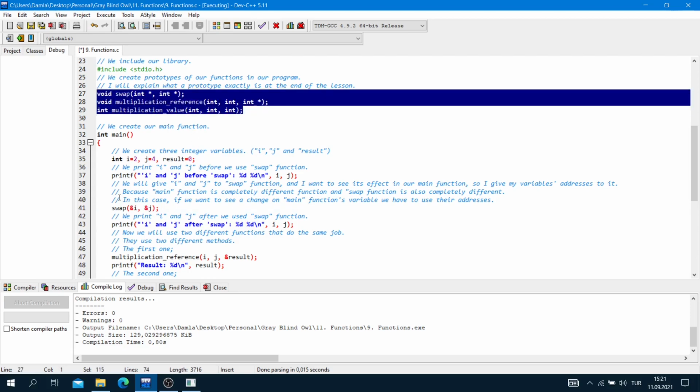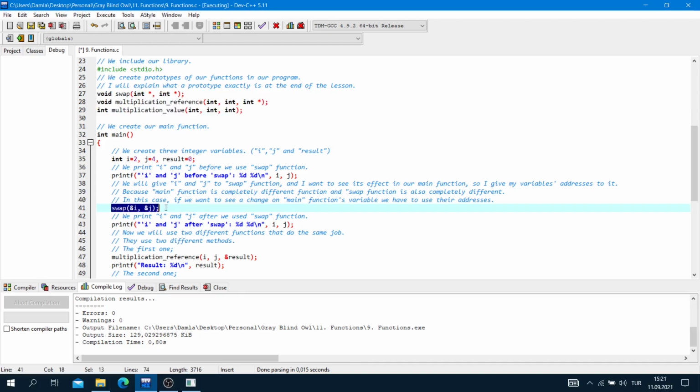It sees integer main, our variables, our printf function, our swap function. But swap is what? It does not know anything about that.